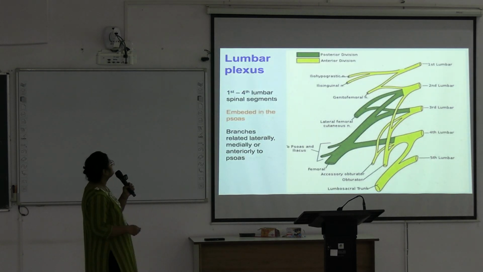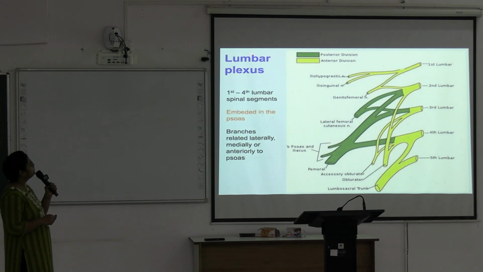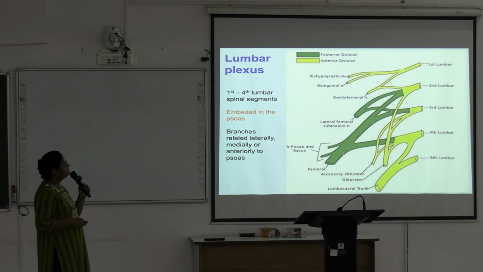Next. So first to fourth lumbar spinal segments, this is the root value of the lumbar plexus. It is embedded in the psoas major muscle and its branches are related laterally, medially and anteriorly to the psoas major. So these are the branches of the lumbar plexus: